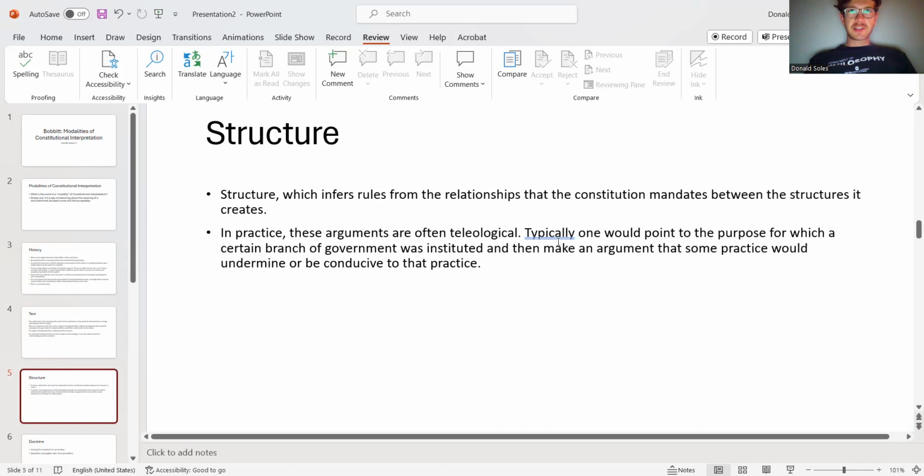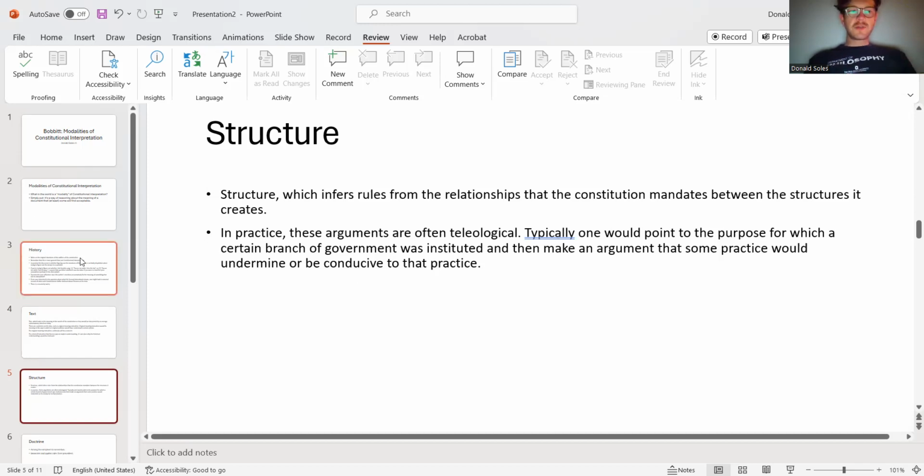Now, when a particular practice would do something that undermines the function of that branch of government, it's a reason for rejecting that practice. And a structural argument kind of gives those reasons. So suppose the purpose of the executive branch is to execute a law. If it could be shown that a practice resulted in the executive branch not executing a law, giving that power instead to another branch of government, such as the judicial branch, then this would be a reason for rejecting that law, and doing so would be on the basis of a structural argument.